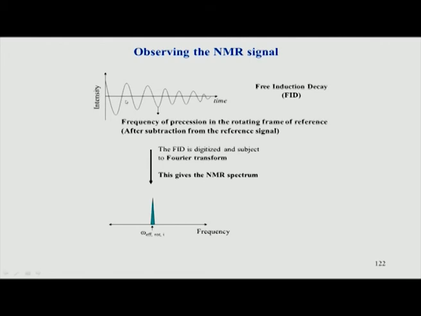Now you can do a Fourier transform on this free induction decay and you get a spectrum, or a peak. The oscillation is basically coming because the magnetization is rotating in the xy plane, and it is also dephasing. The dephasing part is captured by this decrease, and the oscillation is captured by this frequency. The oscillation is coming because of chemical shift. We capture that by Fourier transform, and we get a peak corresponding to this oscillation frequency.